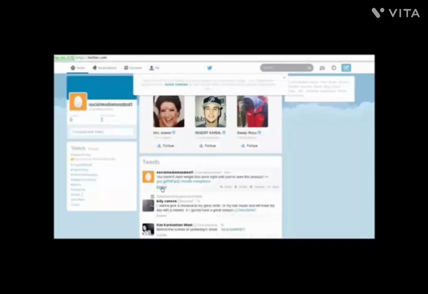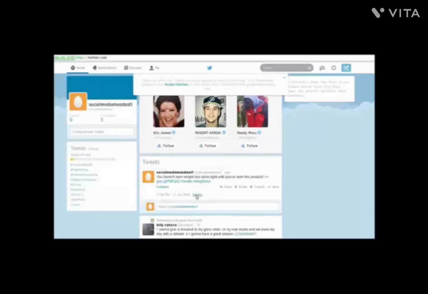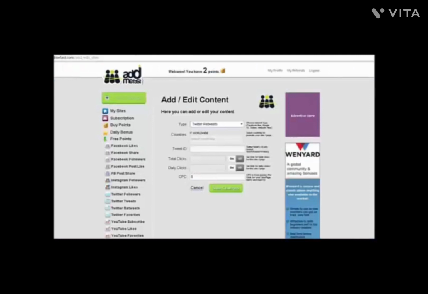Okay, now if we go down here and we click expand and then click details, it's going to give us exactly what we need right up here, this number. This is your tweet ID, and you're going to want to take this and go over to Add Me Fast and paste it right in this box. Basically, the only thing you need to do after that is just set your budget. I recommend at least 7 or 8. I'm just going to go with 8 for an example, to really get people to share and promote your tweet. Just ignore these 2 right here. They're not really important. So let's go ahead and click save.